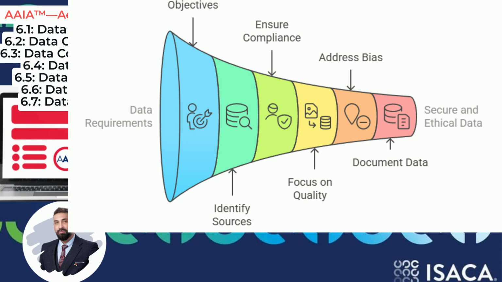Why is data collection so important? Firstly, it provides the foundation for learning. AI models, especially machine learning models, learn patterns and relationships from the data they are fed. Without data, there is no learning. Secondly, the characteristics of the collected data directly impact model performance. Biased, noisy, or irrelevant data will lead to poorly performing models. Thirdly, this is often the primary point of bias introduction. If the data collected doesn't accurately represent the real world or the population the AI will affect, biases can creep in and become embedded in the model.